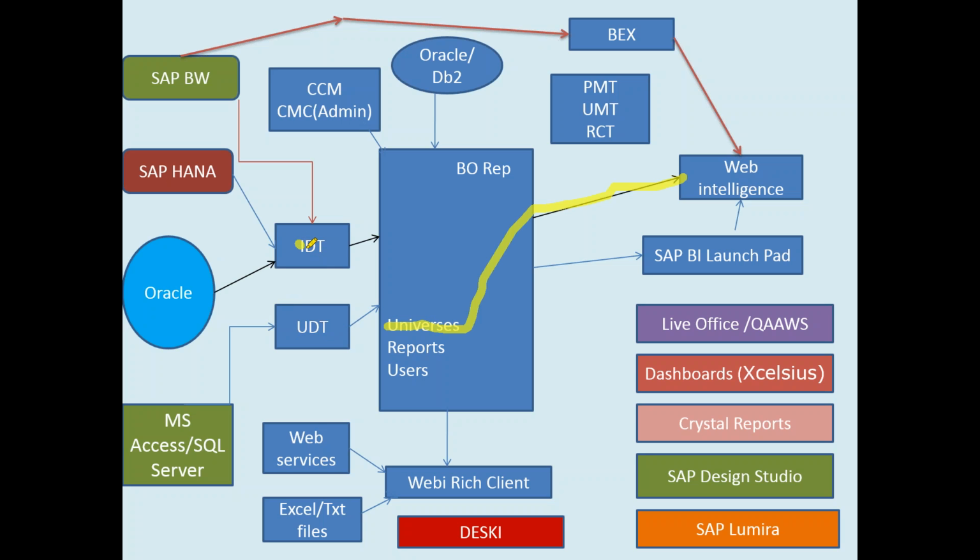The only difference between IDT and UDT is that you can create a universe by connecting to multiple databases at a time with IDT. With the UDT tool, you can connect only to a single source, not to multiple sources. Only that is the difference between the UDT and the IDT tool. Clear? And when you come to the SAP HANA sources,